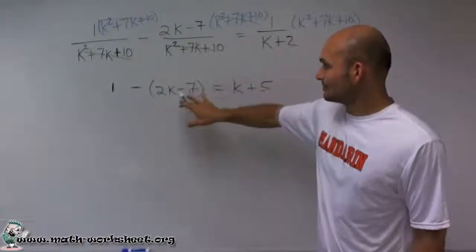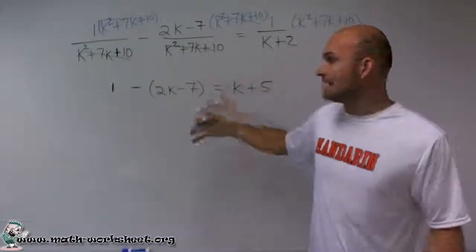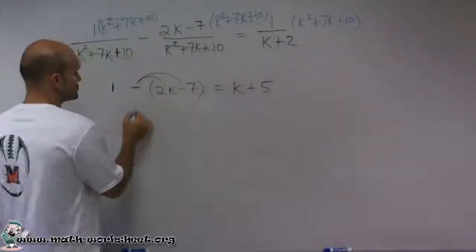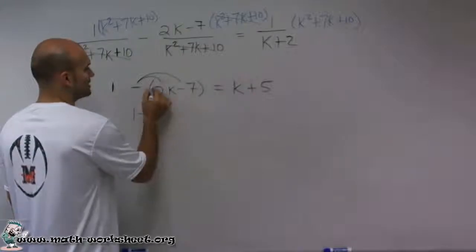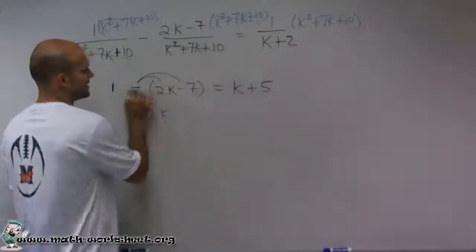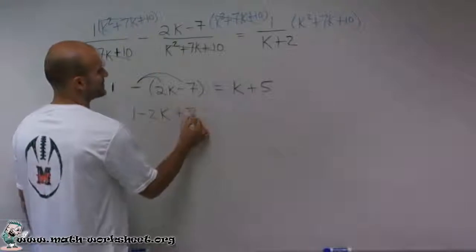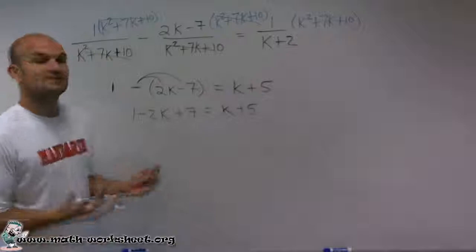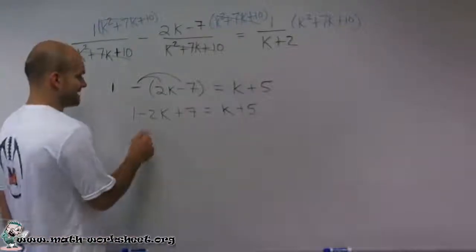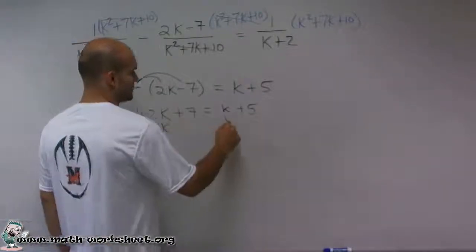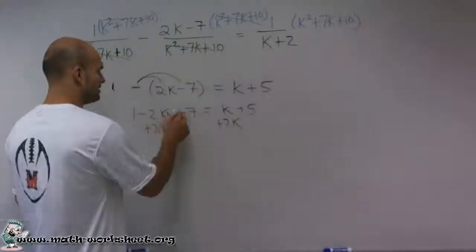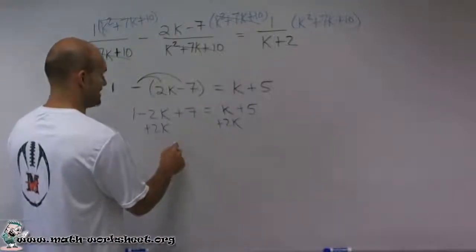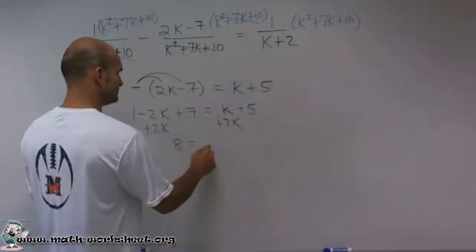So let's just use some steps to isolate my variables. With this -1, I'm going to have to use the distributive property. -1 times 2k is a -2k. -1 times -7 is a positive 7 equals k plus 5. Now, to solve for my variable, I need to get my variable on the same side. So I'll add 2k to both sides. And therefore, I have 1 plus 7 is going to be 8 equals